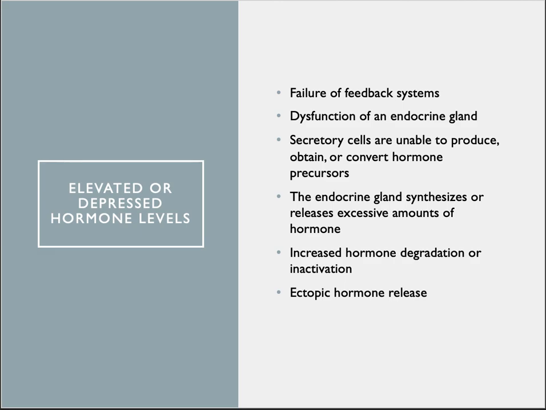The other thing that can happen is that our cells might just not function as well. So let's say a hormone is trying to do its job with some cell, but that cell is resistant to that hormone. That's what happens in type 2 diabetes. So it's not really a failure of the gland, the pancreas, like it is in type 1, but rather a failure of the target cells.